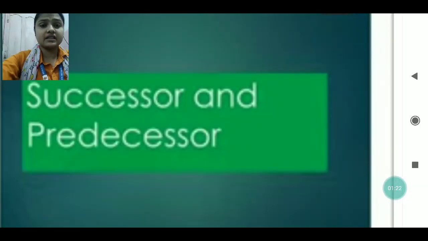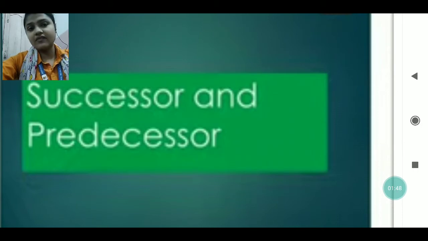The first topic is successor and predecessor. I know that you have learned this topic in standard 3 also. The same thing is there in successor and predecessor. It does not change with the change of class. It's the same, but only the number of digits will increase. Previously you must have done 1 digit, 2 digit, 3 digit. Now you will get 4 digit, 5 digit, 6 digit, bigger numbers like this.